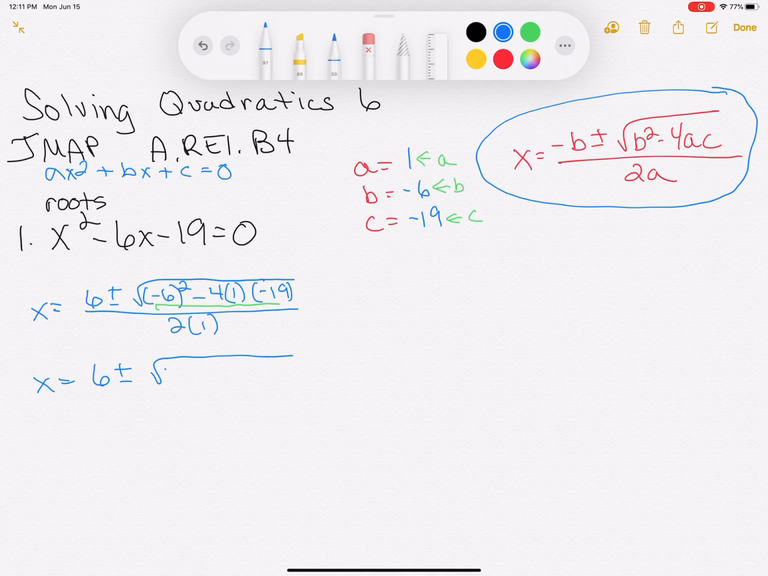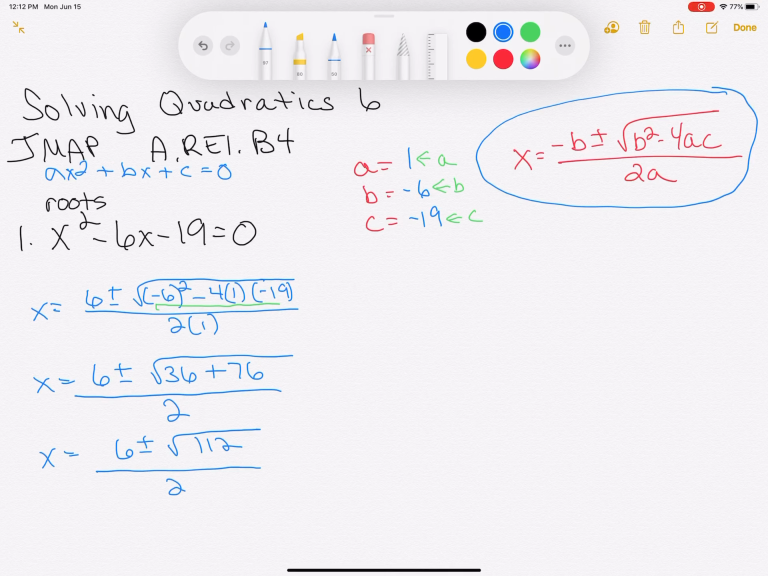But I have negative 6 squared, that's going to be a positive 36. And then I have negative 4 times 1, which is a negative 4 times a negative 19, that's a positive 76. 2 times 1 is 2. So again, that's a step you could skip if you were to put the discriminant right into your calculator to get the 112. So again, that's the discriminant, and the discriminant is a non-perfect square, so we are going to